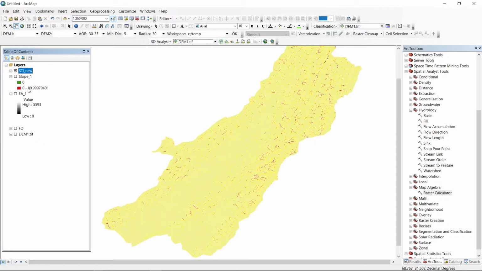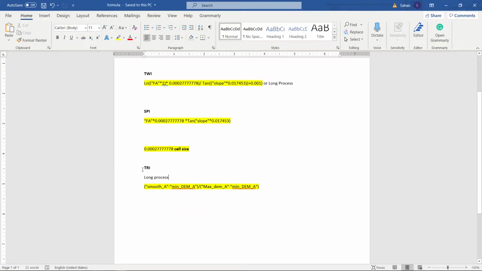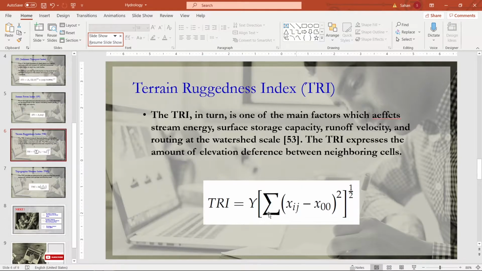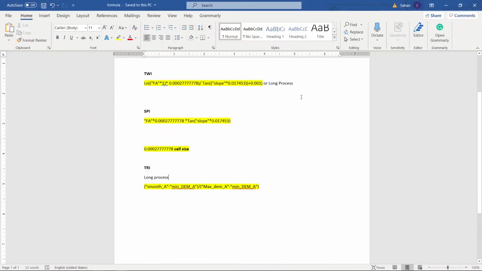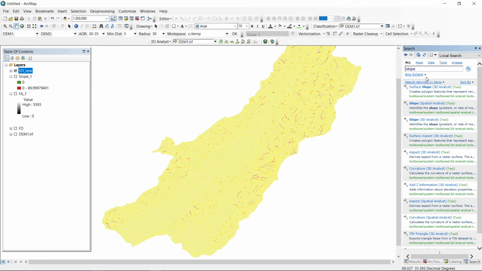Now we are going to prepare TRI here. I told you that TRI is generated through this formula, but we have to prepare this raster through ArcGIS. So there is a process for that. First of all, we need to go to focal statistics,